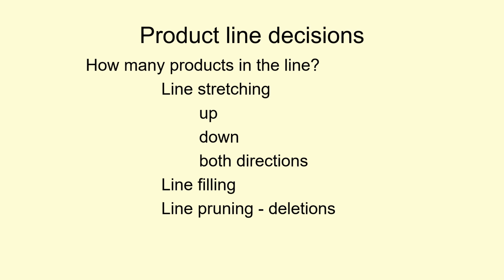Next, in terms of the idea of how many products in the line, what about adding products to the line once I've established it? Think about something like an automobile company. Well, there are a couple of approaches to adding new products to an existing product line. One is called line stretching up. And this, of course, would mean that we add a product at the top of the line. That is, we have all the other products that we've had in the line, and we add a product at the very top of the line,